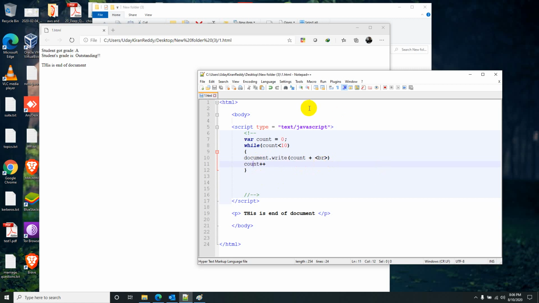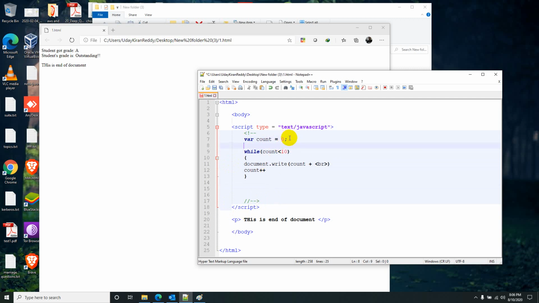And once it came outside of the loop, again it will check the condition. The second time also the condition is true, so 1 will print now. Again repeatedly it will check the condition, 2 will print, 3 will print, until the counter value becomes 10. When the counter value is 10, the condition is false, so it will come outside of that loop completely.